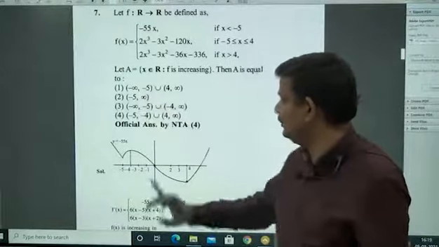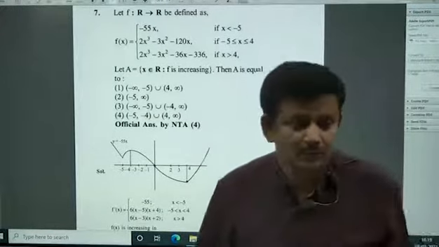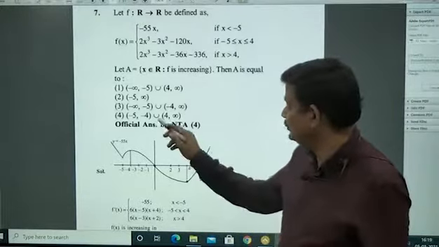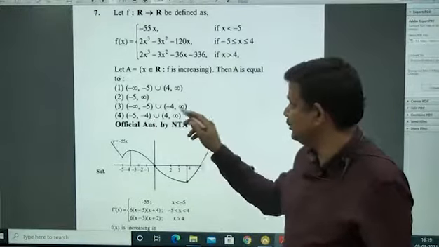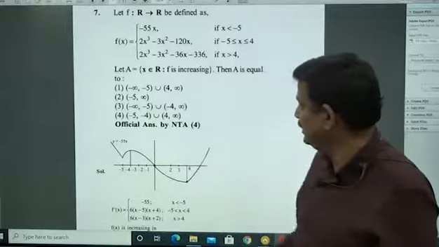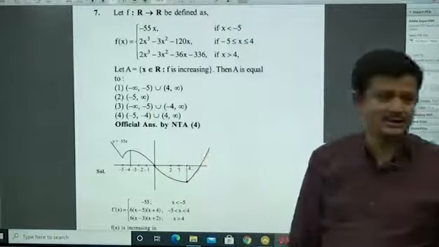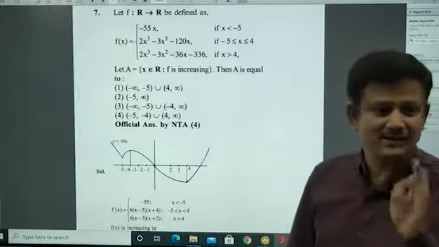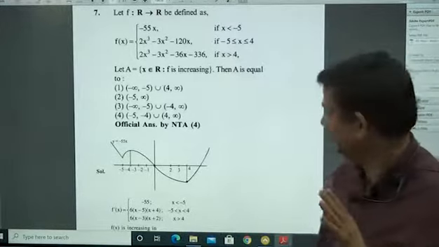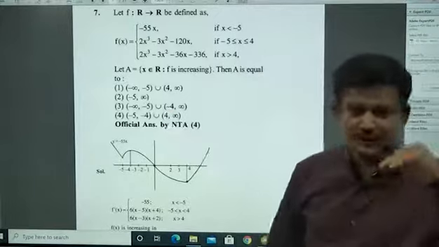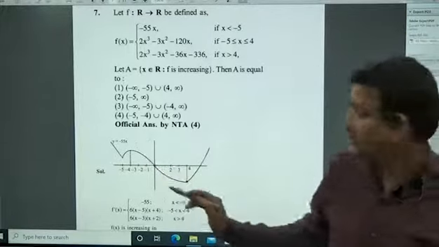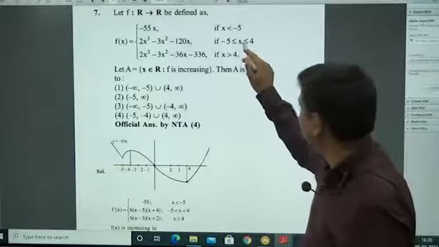Now we have to play between 2 and 4. So if you just check minus 5 to infinity, except for numbers missing between minus 4 to 4. So 0, at 0 if it is increasing function, our answer will be 2. If it is not increasing function, answer will be 4. Yes or no? So 0, where is it falling? Here.